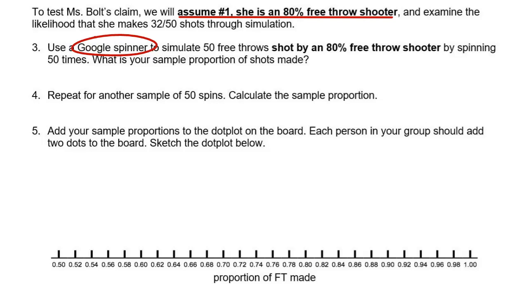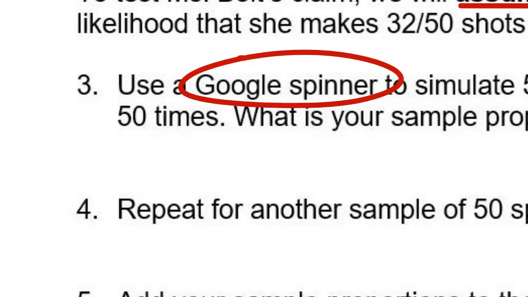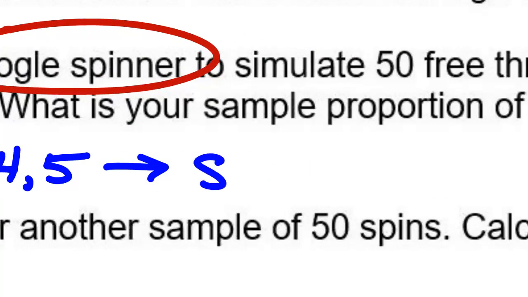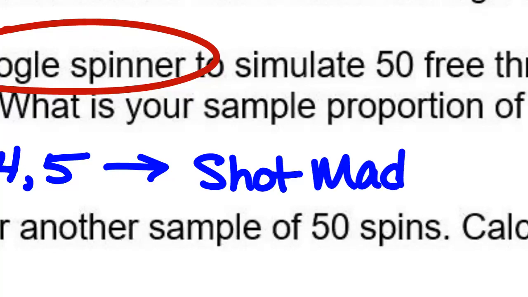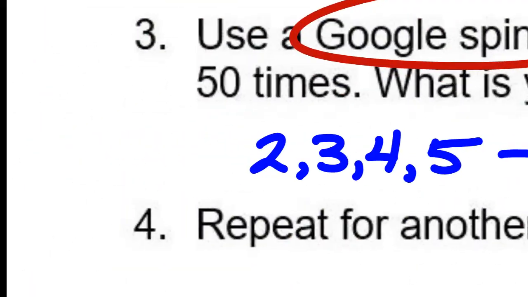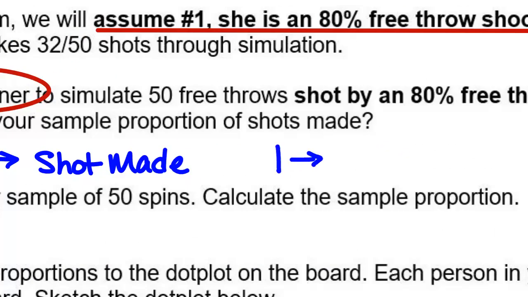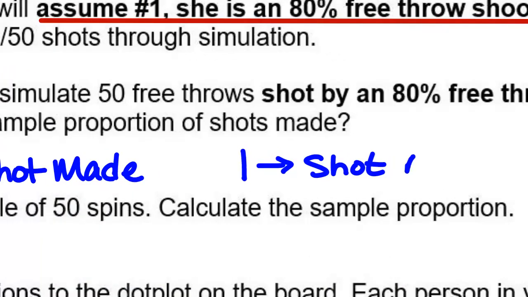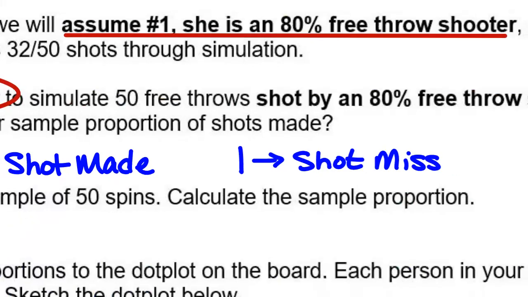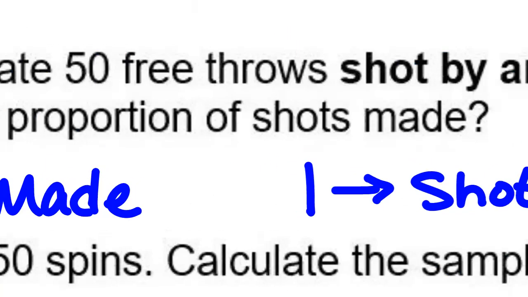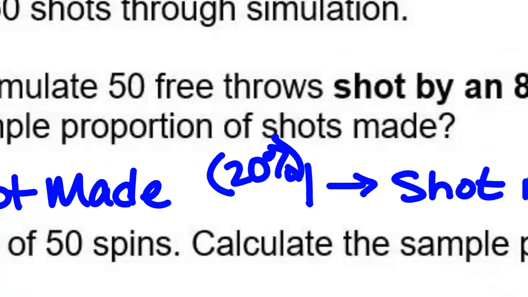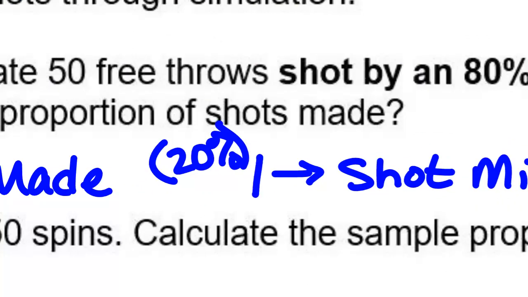All right, let me get my thing back up here. We're going to write down those parameters that we've set. There we go. That took a minute to get back up. So a 2, 3, 4, or 5 would be that I've made the shot. That would be 80%. And a 1 is that the shot was missed. So far, so good? So only 20% of our wheel is dedicated to a missed shot, and 80% of our wheel is dedicated to